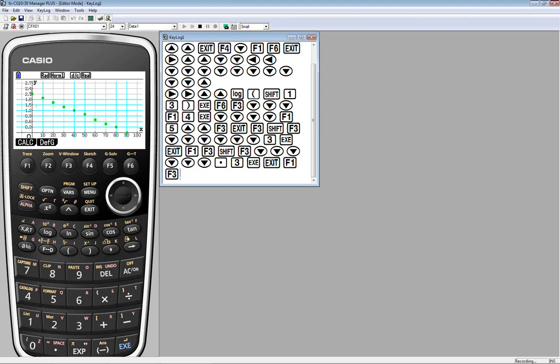Again, notice the nice scaling. One of the reasons I like to do that is that, even on an inexpensive handheld device, we actually have our labeling and our scaling. Notice it's going 10, 20, 30 here, and 0.3, 0.6, 0.9. So again, that's my bias, but for me, it's worth the extra few moments to go into that viewing window and set up that scaling. I get nice labeling right on my screen as well as those grid lines.